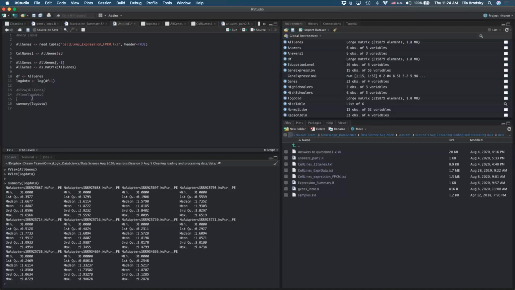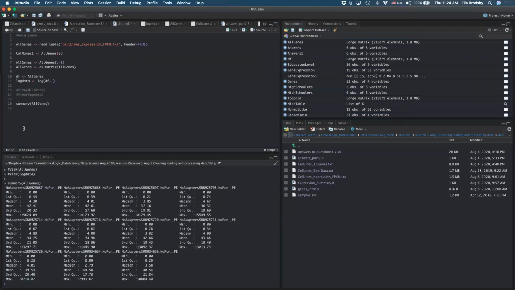Right? So let's do the same, but let's do summary for, I guess, the raw data, all genes. Okay, what are my maximums? They're very different, right? Look at this, 15,000, 14,000, 8,000, 15,000, 13,000, right? 11,000, 7,000, 8,000.